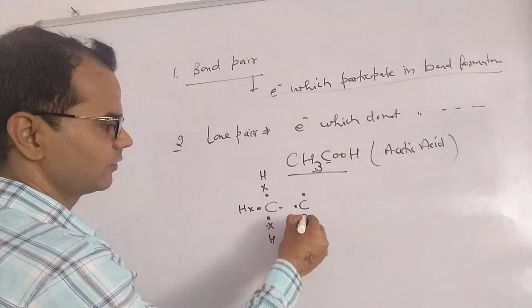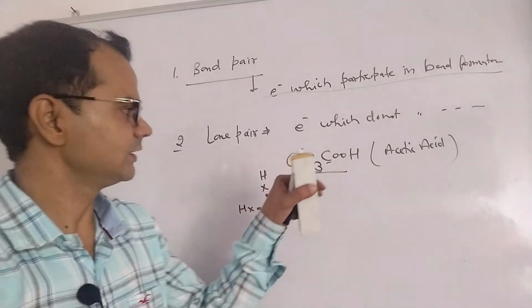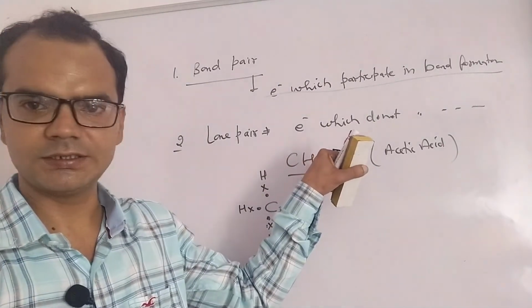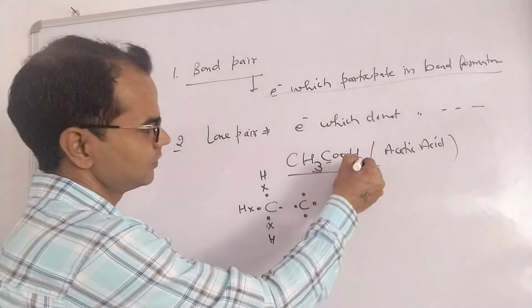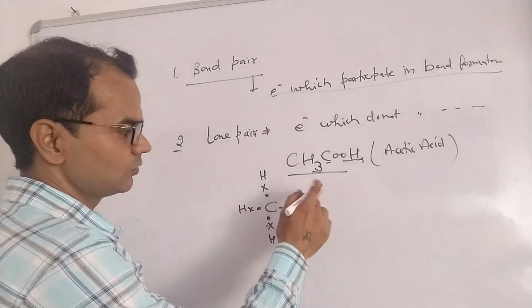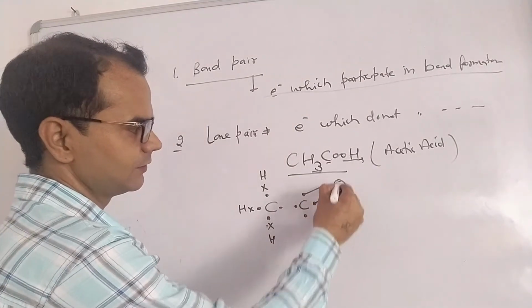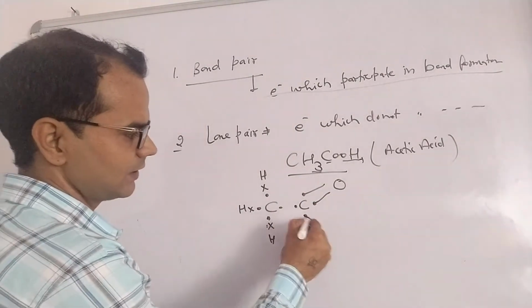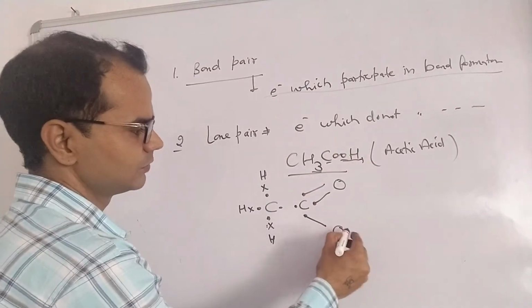Carbon contains again 4 electrons. But now with this carbon, one oxygen is attached and second group is OH. So these 2 electrons are shared with the oxygen. This electron is shared with the next OH group, and